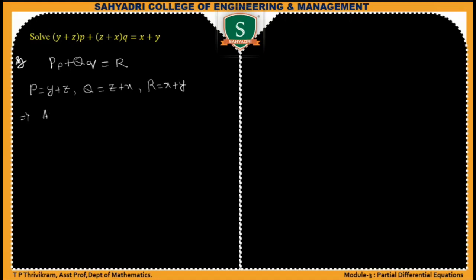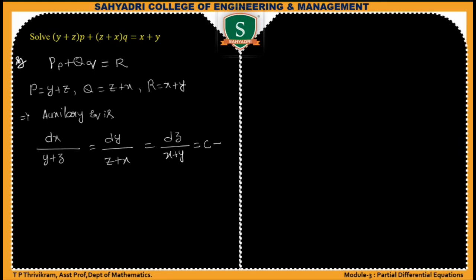So the auxiliary equation is dx divided by y plus z is equal to dy divided by z plus x is equal to dz divided by x plus y is equal to some c. Okay, this all ratio will be equal to some constant, that is c. I'm taking this as equation 1. Okay, so now what I'll do is